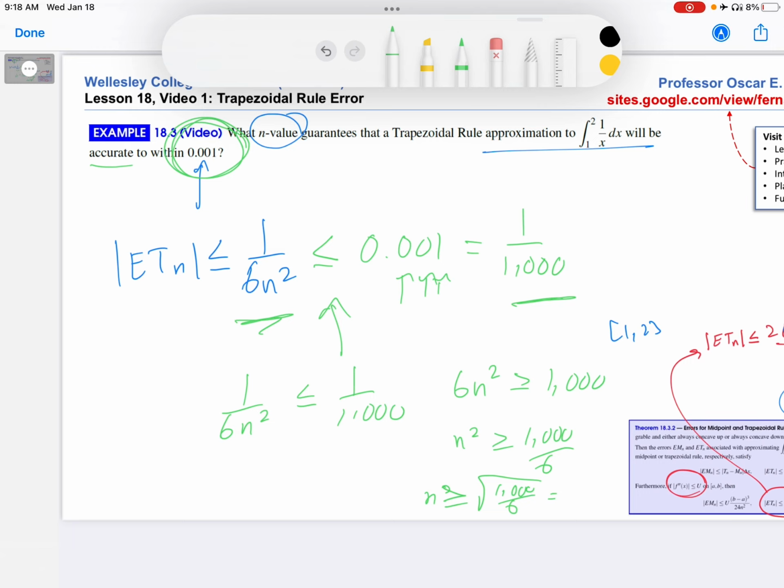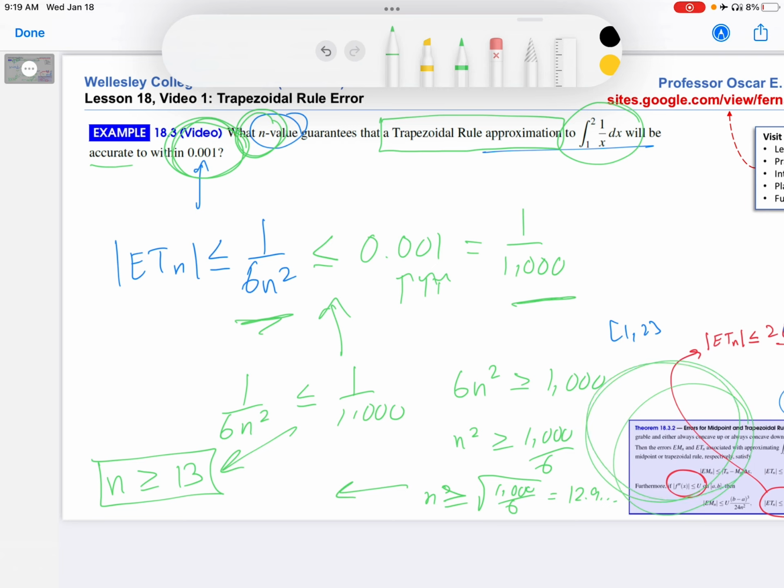If you calculate this, this ends up being about 12.9-ish. So the conclusion is that n is bigger than or equal to 13. We want the next whole number, right? Because remember, n is how many trapezoids. You can't have 12.9 trapezoids. You can have 13 or 12. So if n is larger than or equal to 13, in other words, you use at least 13 trapezoids in the trapezoidal rule approximation to this area, this represents an area, right? Then you are guaranteed by this theorem down here that the error in that approximation will be at most